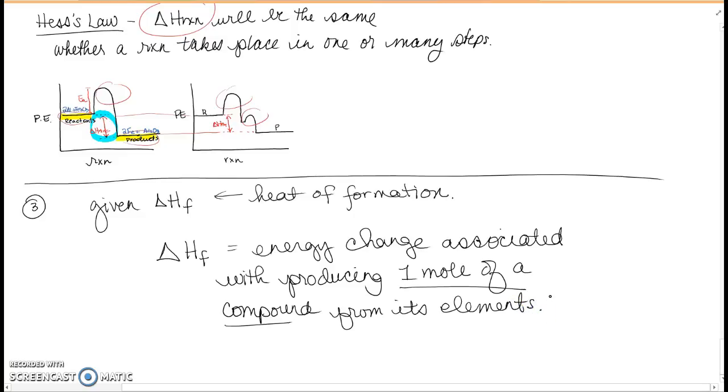And since it's very specific that it's producing 1 mole of a compound, not 1 mole of an element, one of the things we have to know is that delta H sub F for an element, I don't care if it's a diatomic or not, is always 0 kilojoules per mole. Okay. So